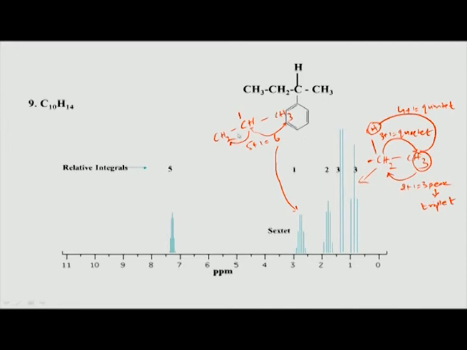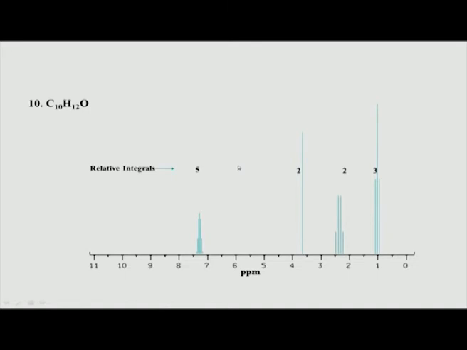Okay. So, let us look at another example where again we have an aromatic spin system, an aromatic group. How did we figure out there is an aromatic group? It is based on the bunch of peaks appearing around 7 ppm. Here you see there is a bunch of peaks, and we do not go into detailed analysis here, but we will count the relative number of protons. There are 5 protons, 2, 2 and 3. If you add them up, it adds up to about 12 protons, and 12 protons is what we expect.